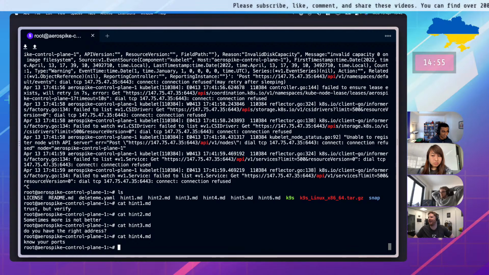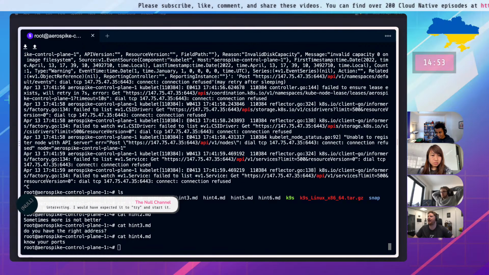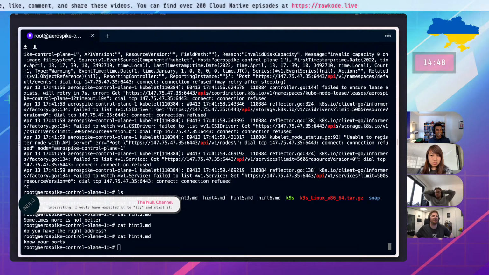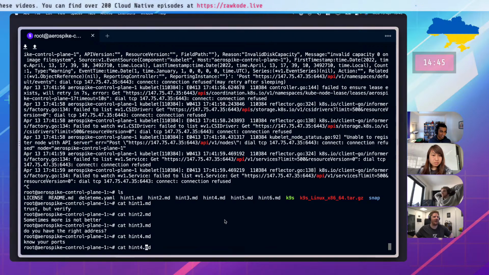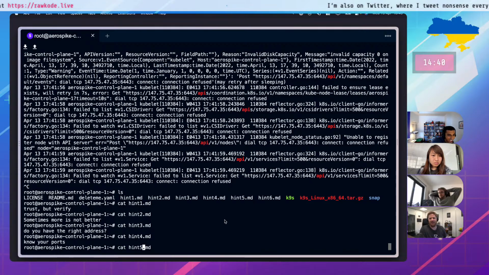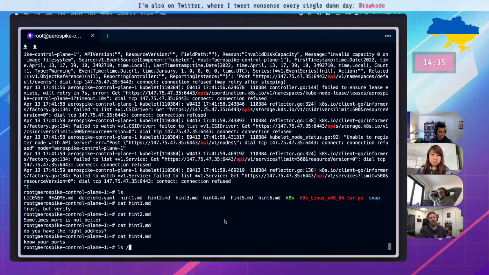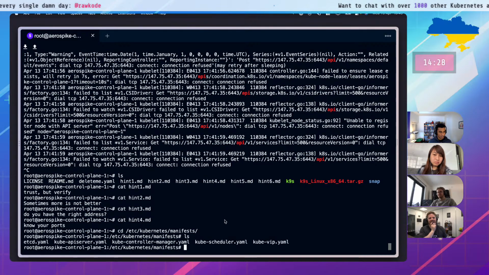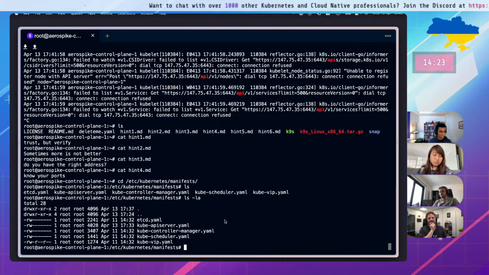All right. So we do have Marek saying that at this point he would expect the kubelet to try and start the API server. Huh. So know your ports. Okay. I think we fixed that one too. I'm going to make a suggestion, and this is a bit wild, but sometimes this stuff works. If we go to the manifest directory, let's move stuff out of it except for etcd. Okay, so let me.